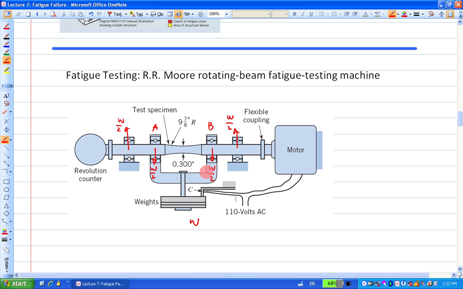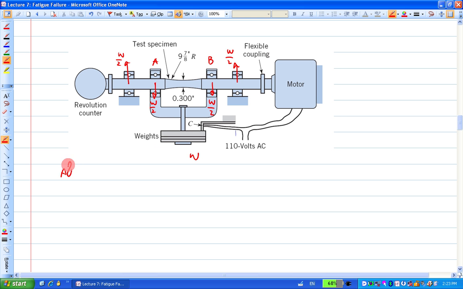Pure bending, right? Exactly. Between A and B, you have this pure bending situation. So this is basically the location of this specimen here. The specimen is subject to the pure bending here, right? So A and B are subjected to pure bending. If it's pure bending, then if I cut a cross section anywhere between A and B,